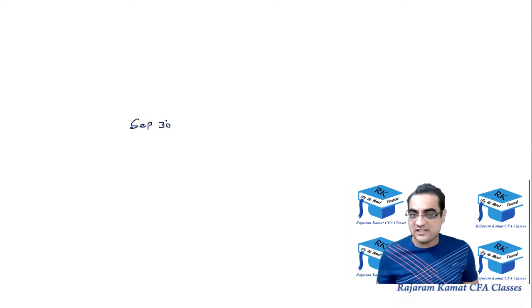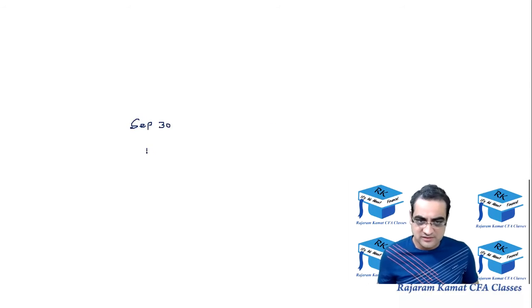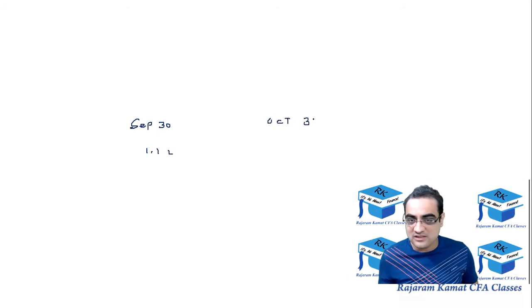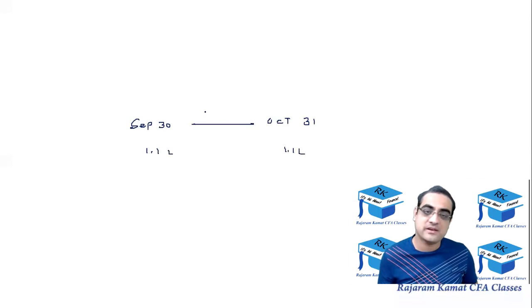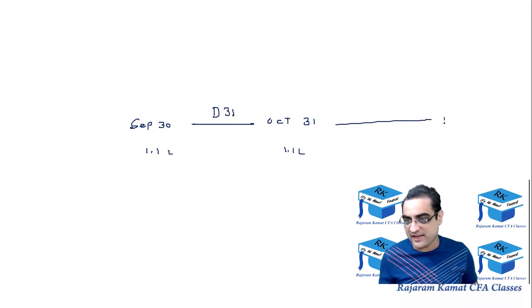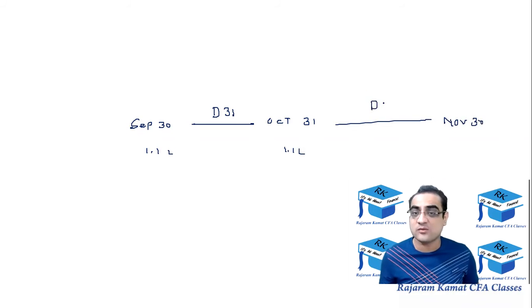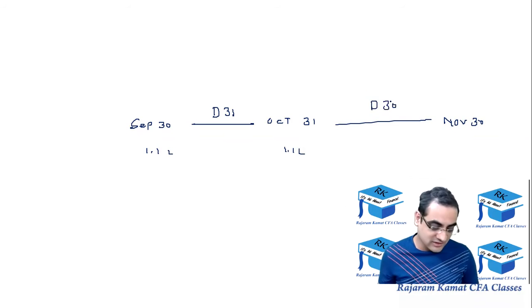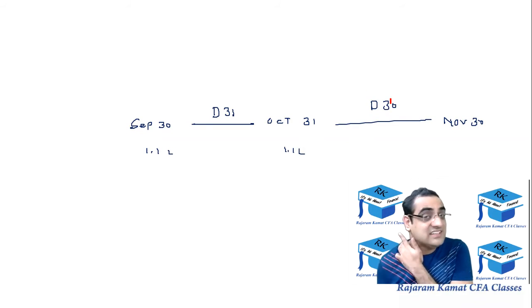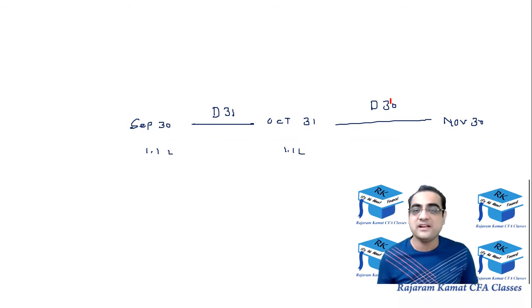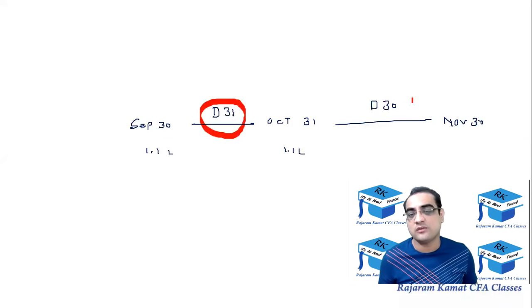September 30th, you got salary. I used to get salary like this at that time when I left the job. October 31st, I'll get a salary. इसके बीच में number of days are 31 days. And the next salary which I will get will be on November 30th. And over here, the number of days are 30 days. So where is equal spacing? In real life, equal spacing is rarely seen.